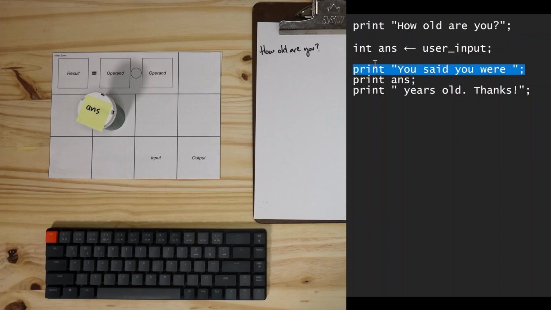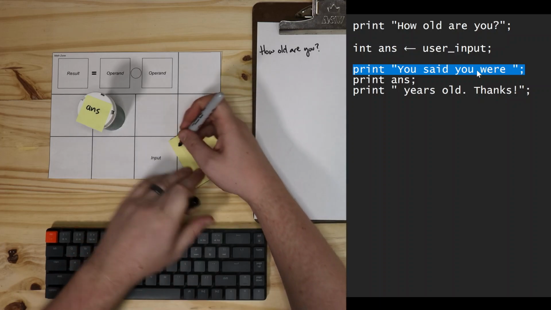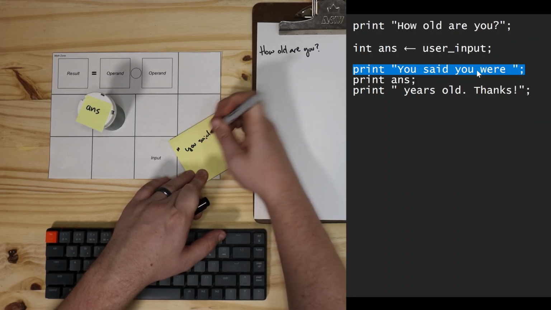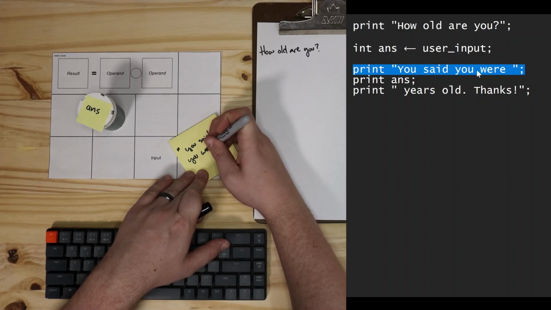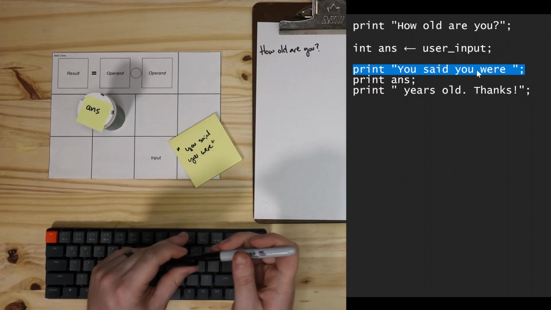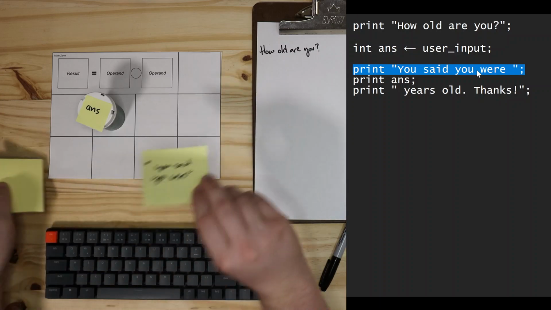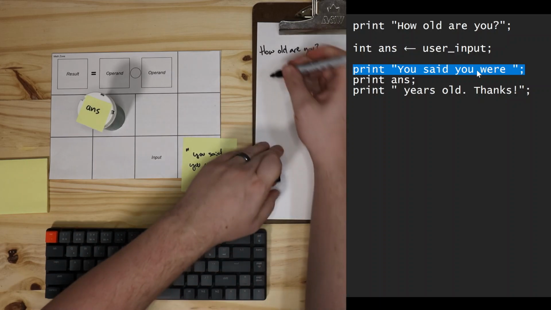All right, line number 3, print "You said you were." Same deal. I need to make this data. "You said you were." Please excuse my handwriting here. The material computer outputs the data, and then I'll record it dutifully